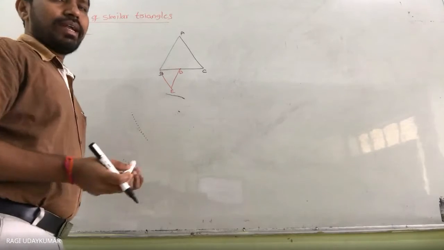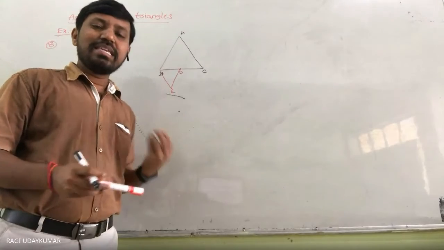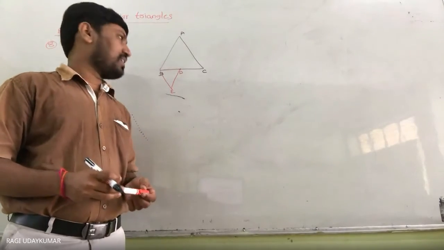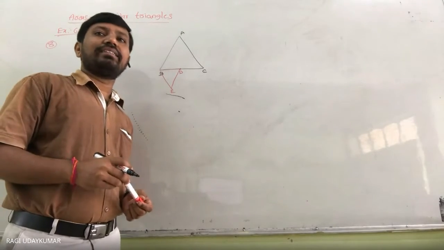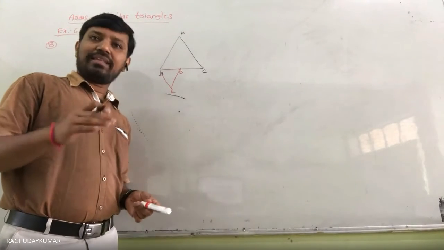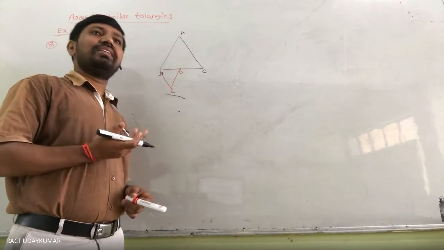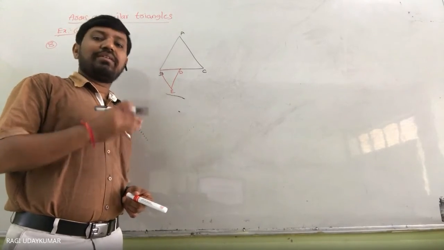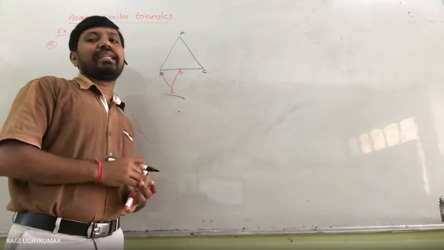Sir, can we not take the point E on the side AB? Yes, you can take it. It is not mentioned that E is anywhere else. Even if you want, but to avoid confusion, I have drawn the figure like that. Why don't we take point E on the side AC? Yes, you can take it, but you may get a little confused. That's why I have taken it like this.